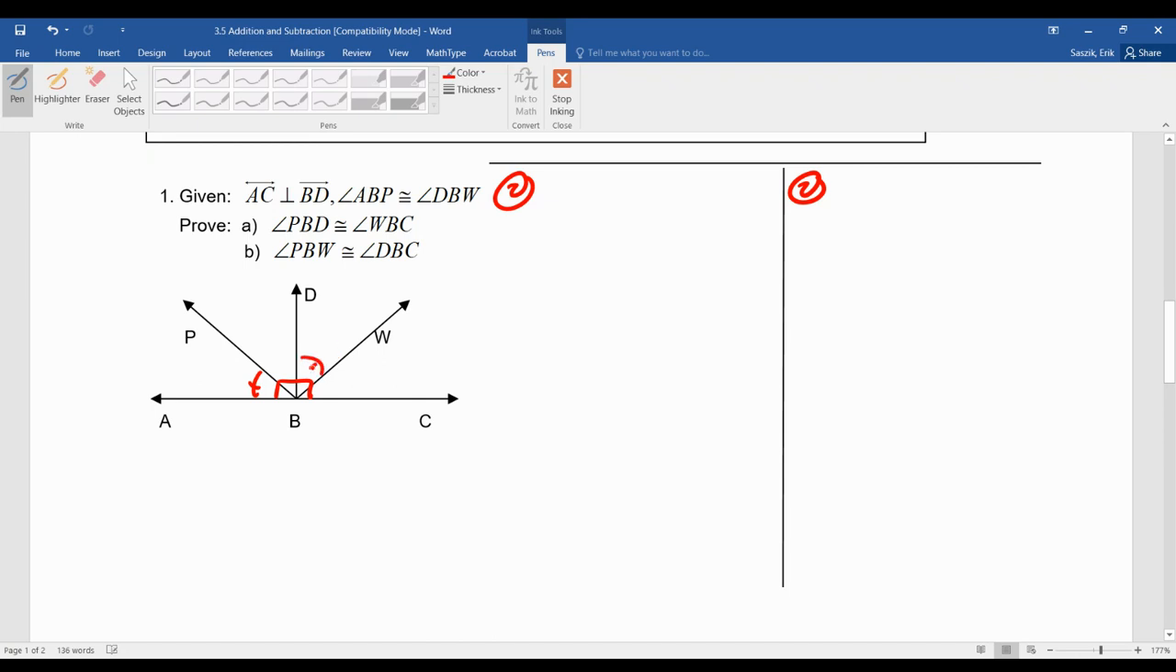So I'm just marking this. I'm going to say angle ABD, angle DBC are right angles. If